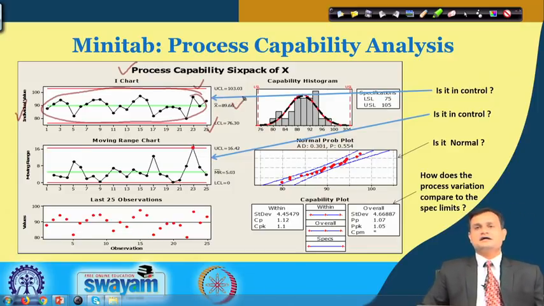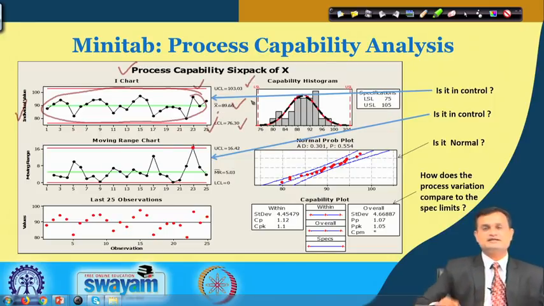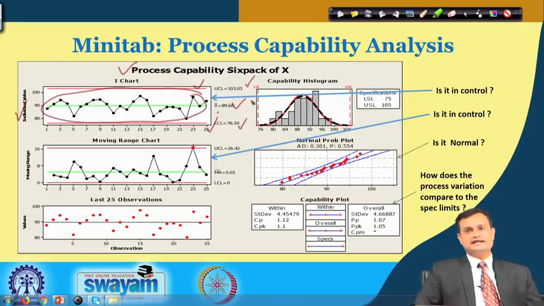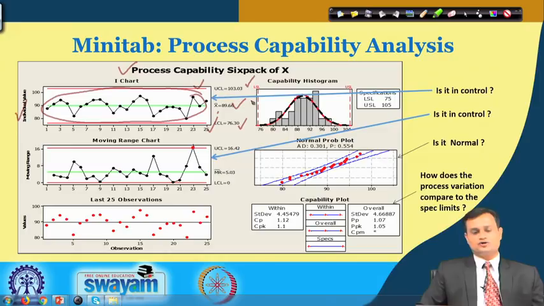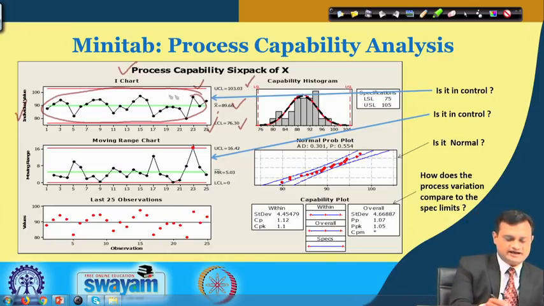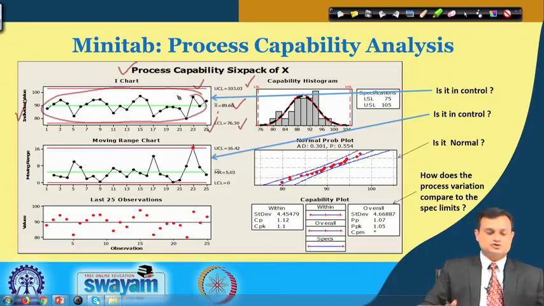so that whatever variation you observe is mainly within the control limits. Statistically, the control limit is x bar plus or minus 3 sigma. So, you have the standard deviation value, this is your x bar, and when you put it as plus or minus 3 sigma, you get the upper control limit and the lower control limit. Now, here I can see that all the points are within, and I can fairly assume that my process is within statistical control.